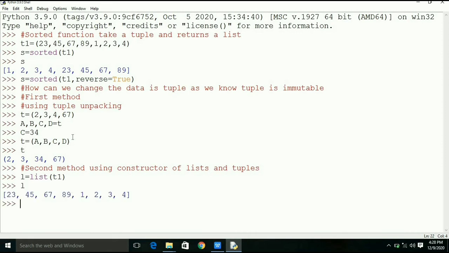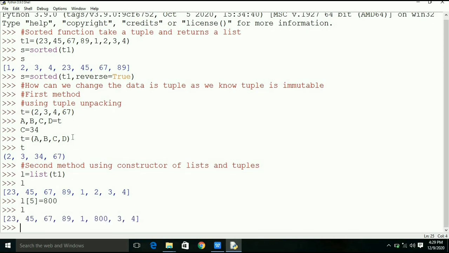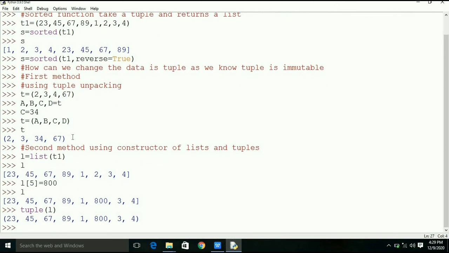Data in the square brackets indicates that it is a list. We are changing L5 is equal to 800. Now we can see the items of list. As you can see, the fifth index value is 800. Tuple L will make the list to a tuple. Now you can see the data are inside round brackets.